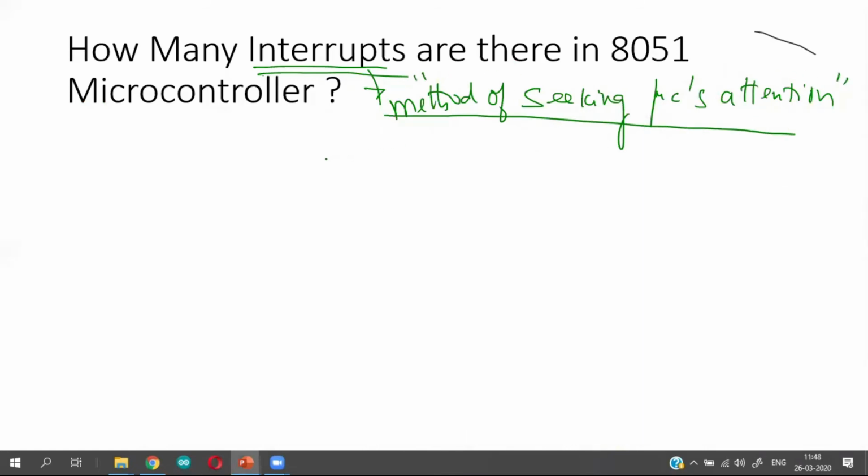So what are the possible methods in 8051 in which you can seek the attention of an 8051 microcontroller? There are 6 such methods or 6 interrupts available. One is the reset. The second one is external interrupt 0.